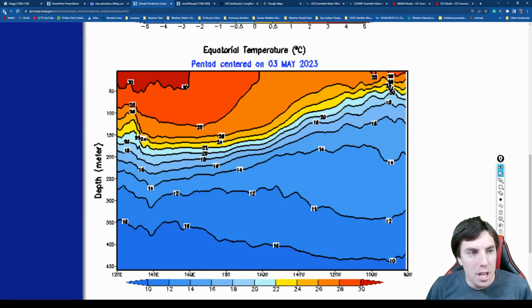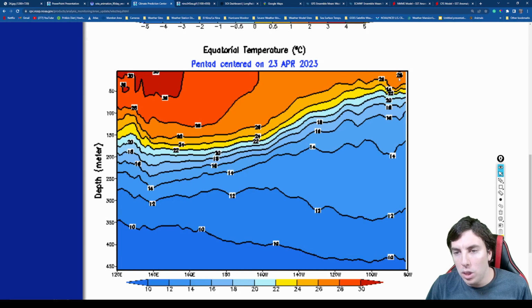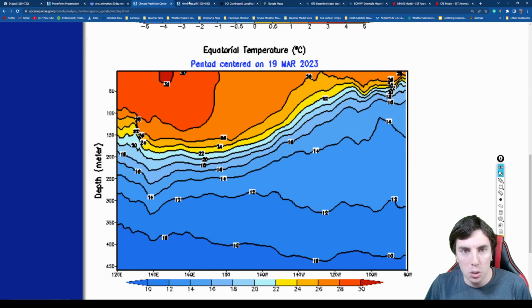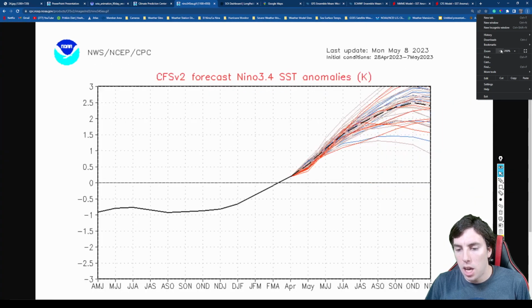All right, and that just stopped working. So let's go back and you can see here how that has all evolved. Even 28 Celsius, not far below the surface. So that is quite warm, and that's surfacing right now, and that's going to lead to a pretty healthy looking